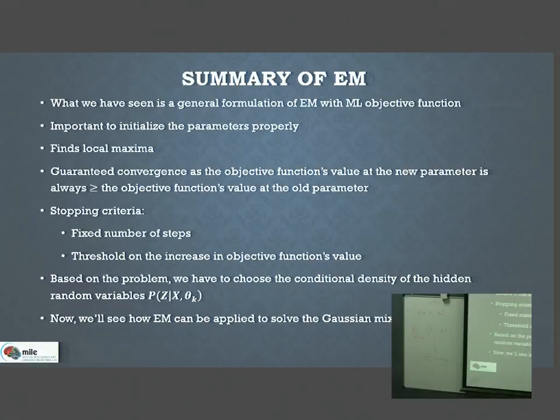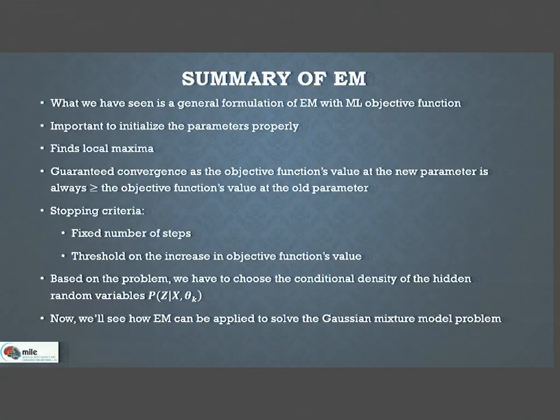And the stopping criteria: when do we stop? You can go on forever, because you can always increase the log likelihood value at every step. But at some point it increases very slowly. So you can either choose some fixed number of steps, 30, 40, 50 or something, or if your objective function increase is very small, 10 power minus 16 or 10 power minus 17, something like that, then you can stop. I can't increase it further, and it's a waste to compute again.